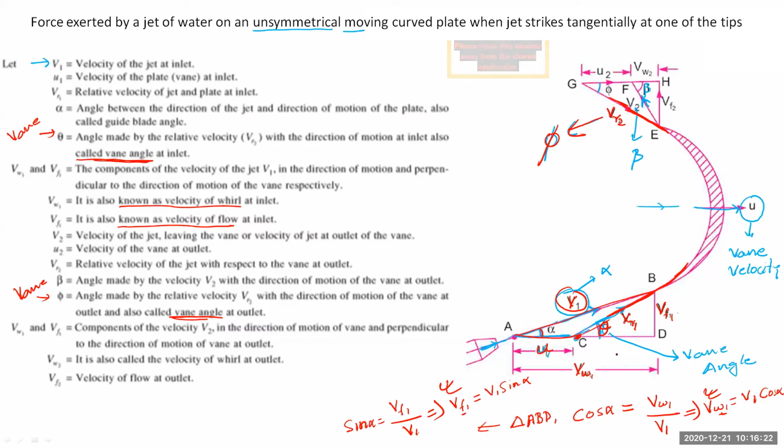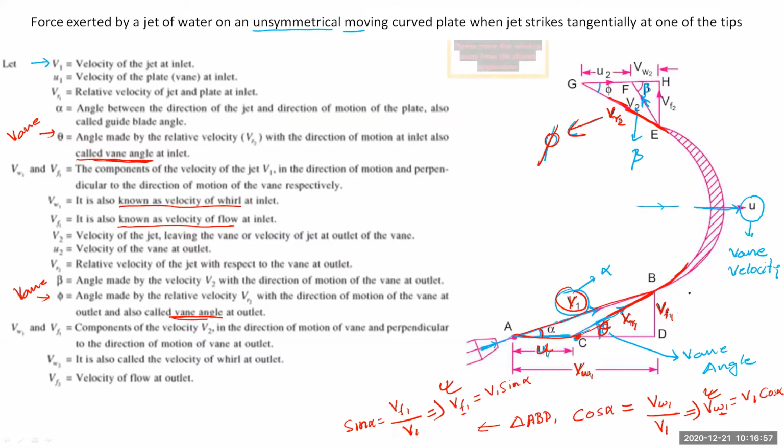Very important. If you know these, we have 1, 2, 3, 4, 5, 6, 7 parameters given to you. This triangle is given to you. If you know how to draw and use these trigonometric relations, you can find the rest of the parameters. I have seen many students make mistakes in this topic, so that's why I'm telling you, be attentive. This is very important. So this is regarding your inlet and outlet triangle.